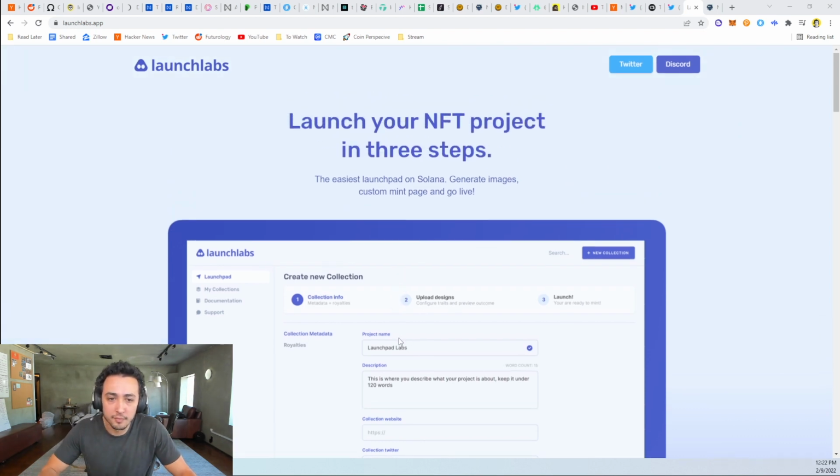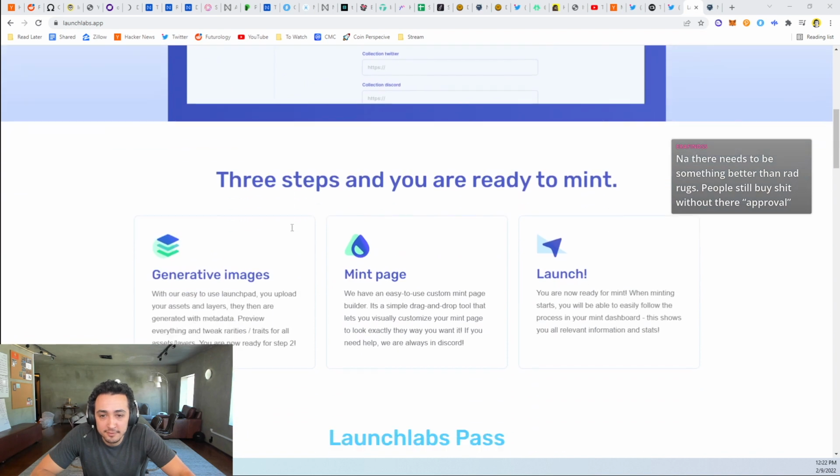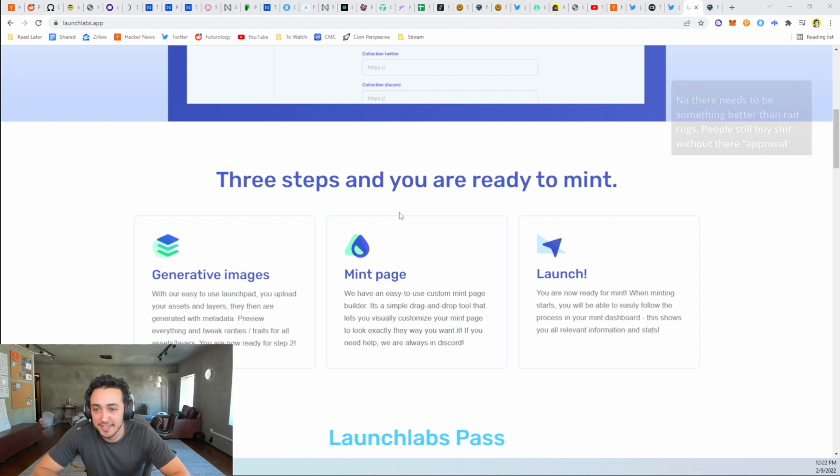And I think rugs have always been around. It's not a new phenomenon, and now people are realizing it. It's always been there. It's just that this whole Balloonsville story got so much spread because of the way they did it afterwards and everything, and how much they bashed Magic Eden. Yeah, they did, but at the same time, it's dragged a lot of attention towards the rugging and